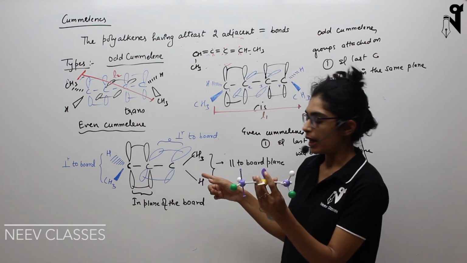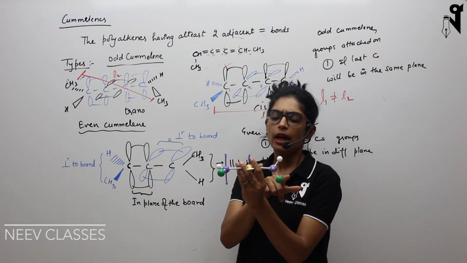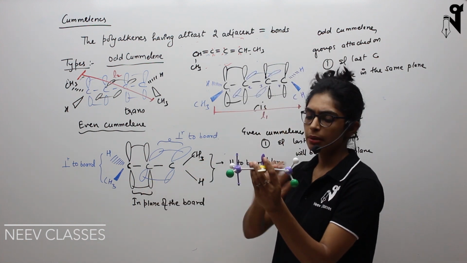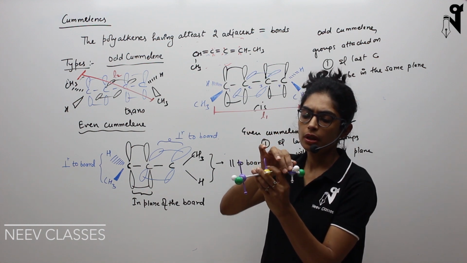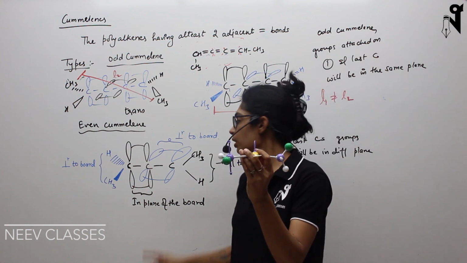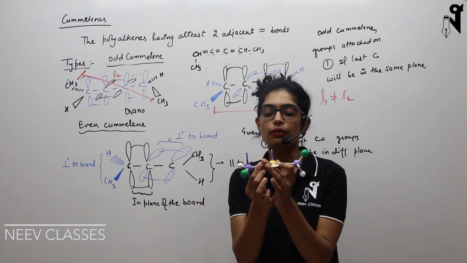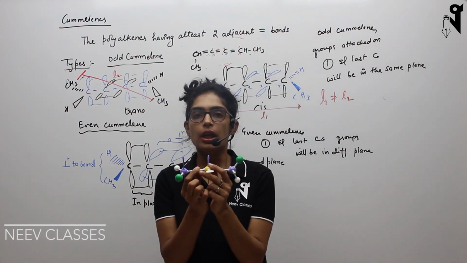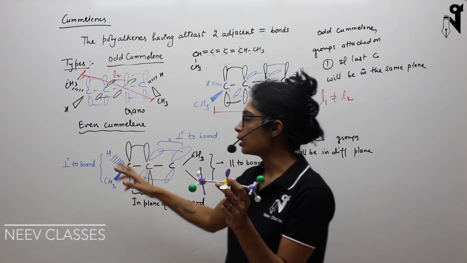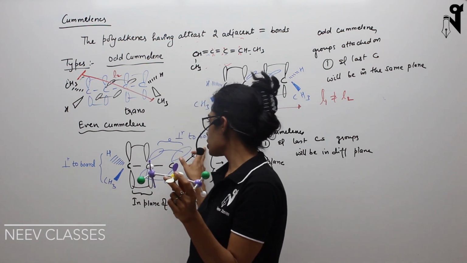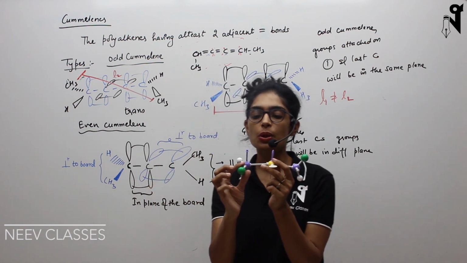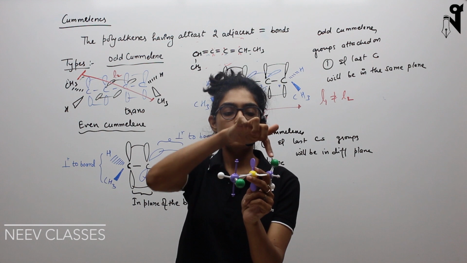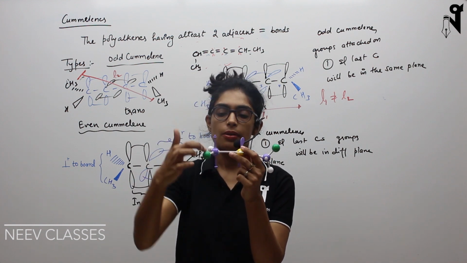So I have a CH3 over here and hydrogen over here. I have mentioned CH3 over here and hydrogen over here. So basically, according to the diagram, the CH3 should be up. If I rotate a bit, I think it will be this. Yeah, so this is exactly what we are expecting. This is the structure of the molecule in 3 dimensions. This is how exactly it will look. Now we have to figure out whether changing the positions of CH3, either in this position or this position, is going to make any difference in the distance between one CH3 and another CH3 or not. So basically this is your CH3. This is like this diagonal. Look at it like this.